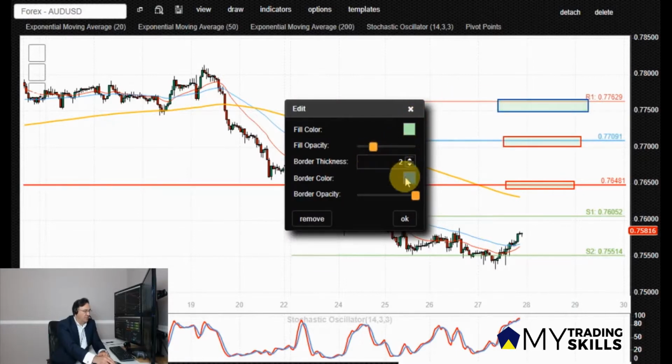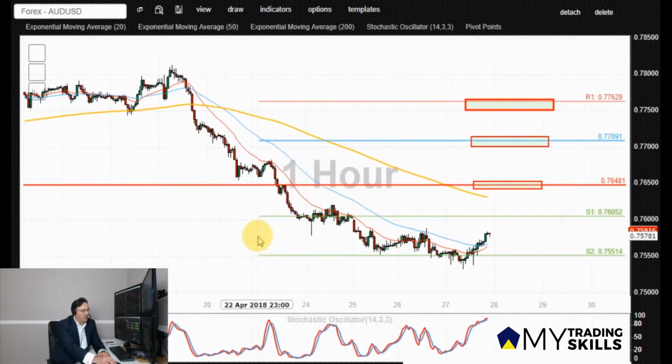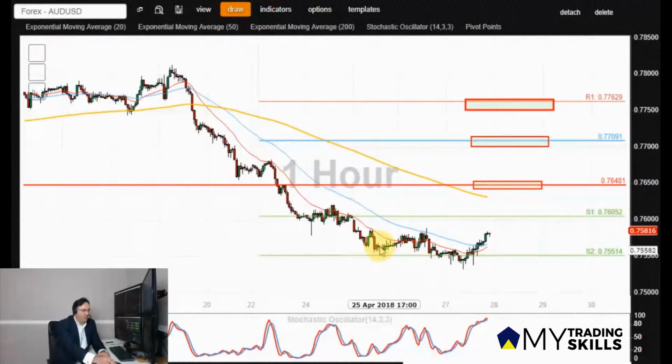So let me just put another area here that could be of interest to us. What bearish traders are looking to do is something like this. If the price in the 1 hourly time frame starts rallying into that